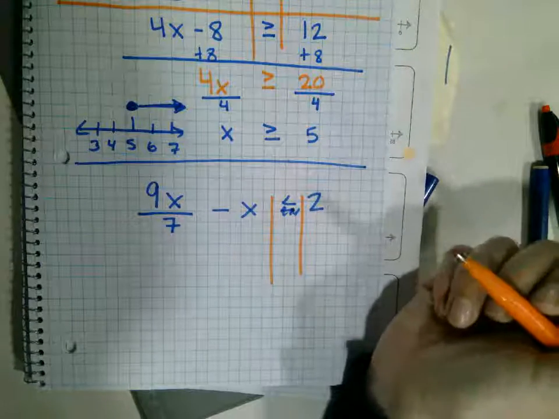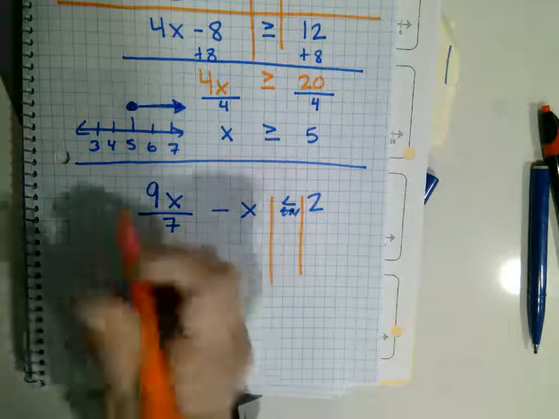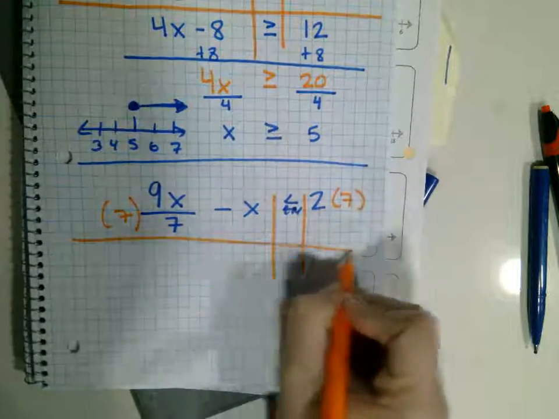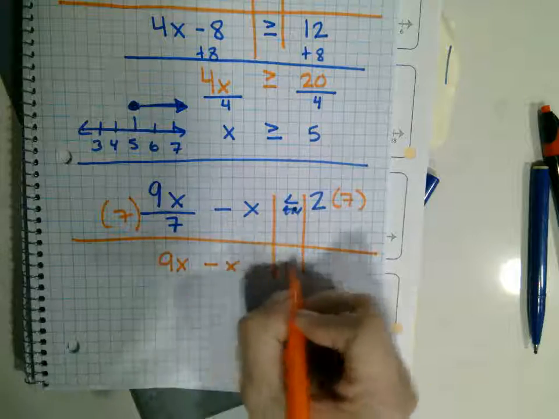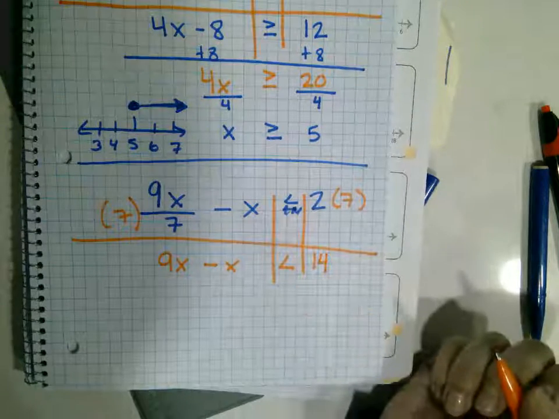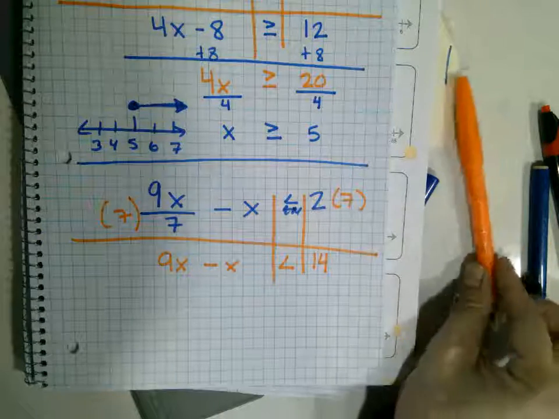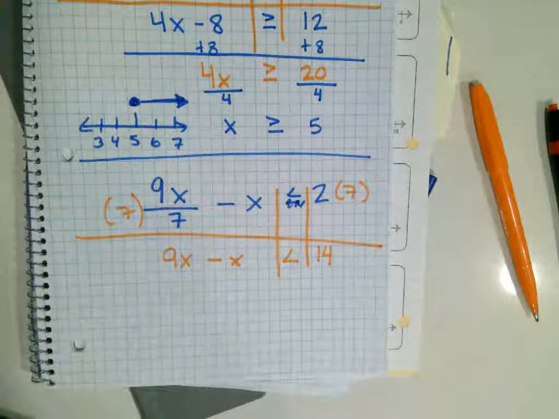All right. A little tricky here. We're going to move the 7 first, okay? So we're going to multiply by 7, multiply by 7. So we're left with 9x minus x is less than 14. All right. Now, what we're going to do